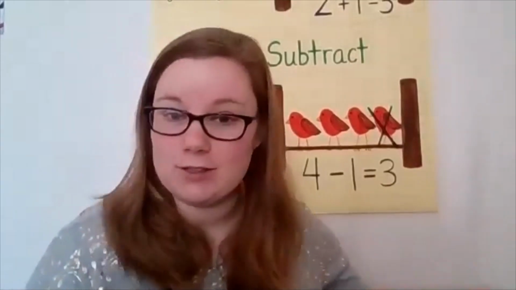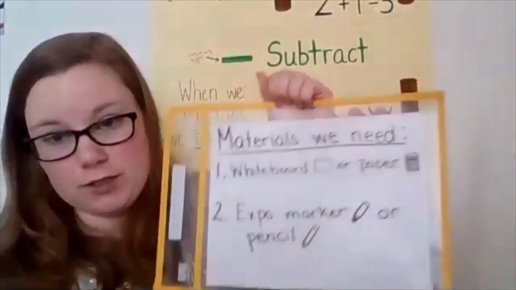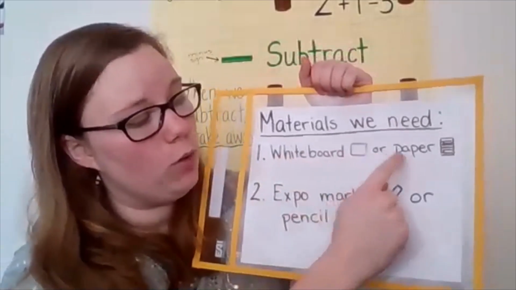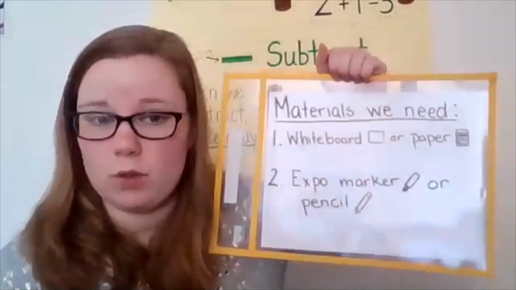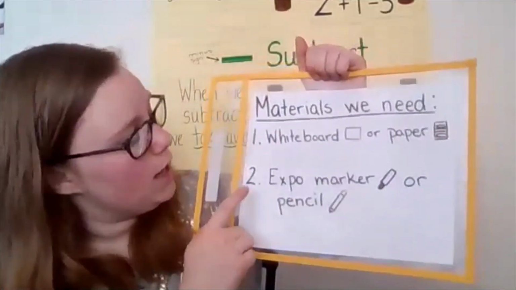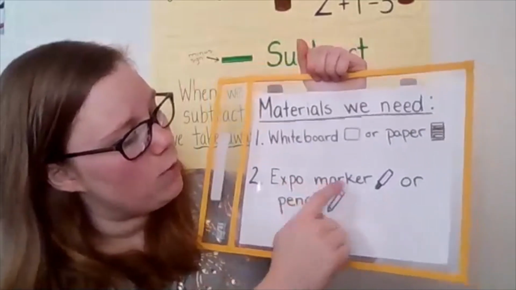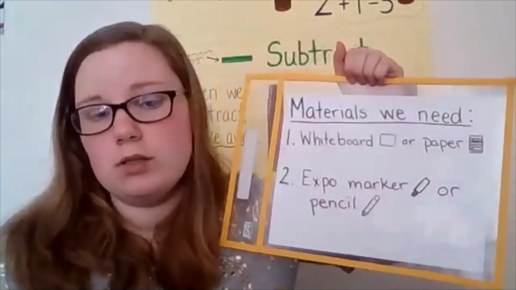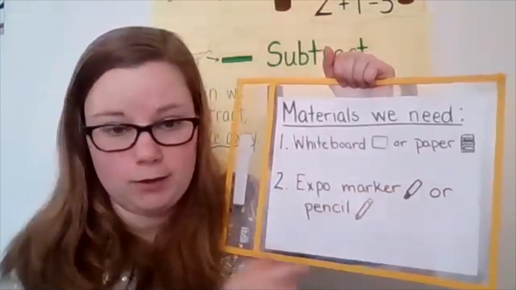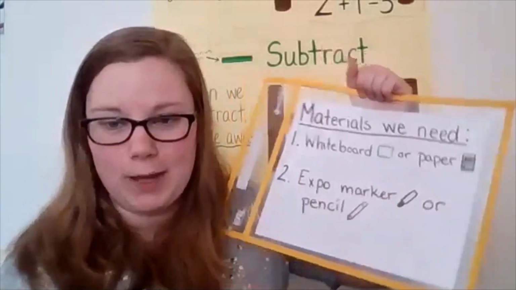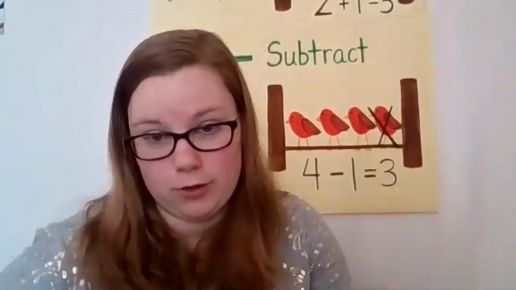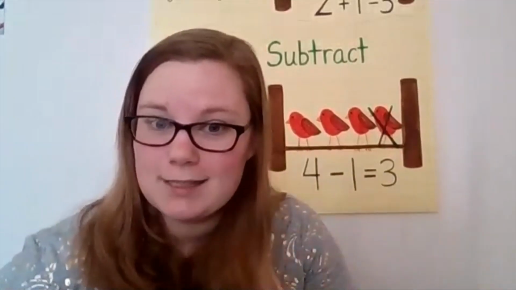Okay, so before we get started, the different materials that you're going to need to grab right now are either one, a whiteboard or paper. So you can go ahead and choose if you want to use your whiteboard that we sent home or paper that you have at the house. And number two, you can grab an expo marker or pencil. So if you're going to use a whiteboard, grab an expo marker. If you're going to use paper, you're going to grab a pencil, okay? So pause the video now, go ahead and grab your materials because you are going to be practicing your addition